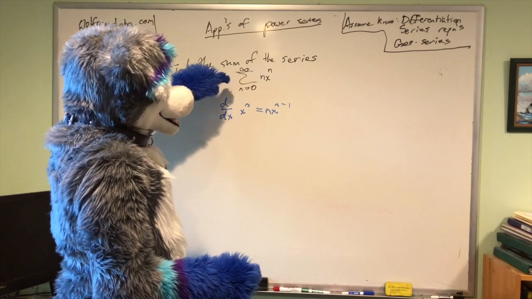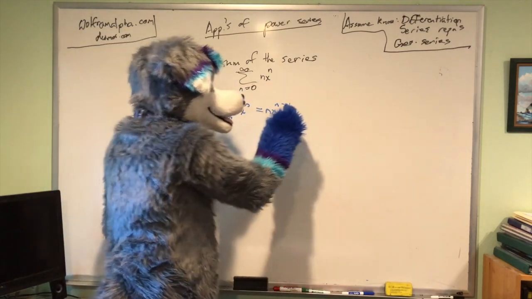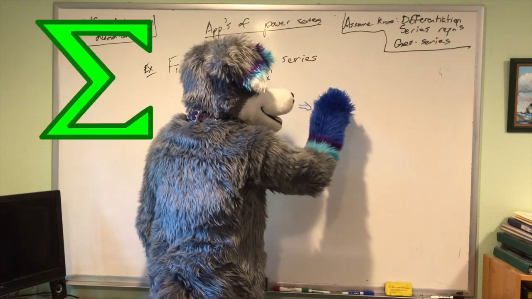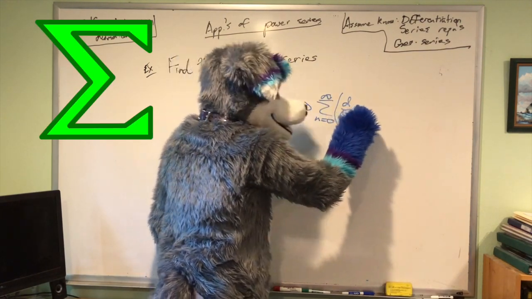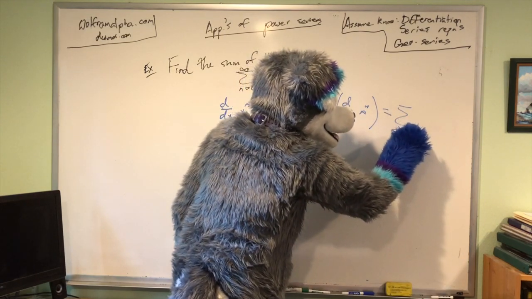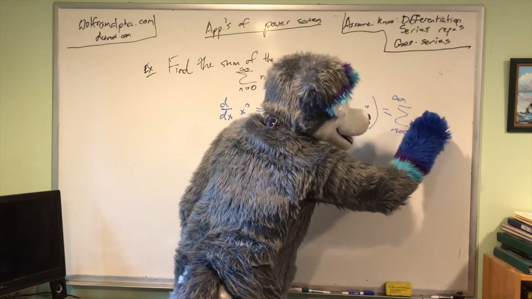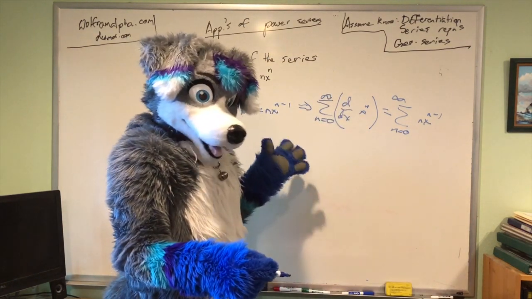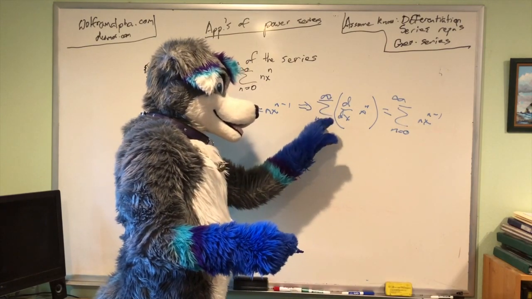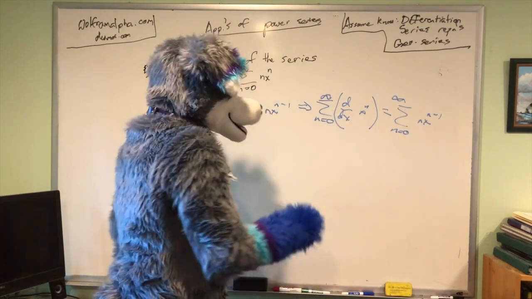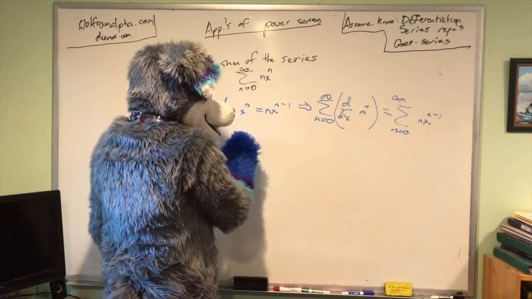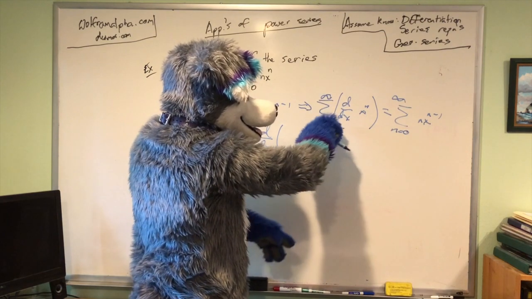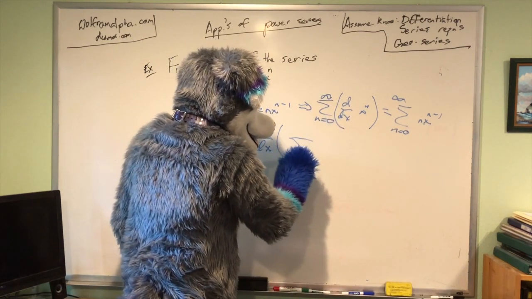Well, if we want a series to show up, we should slap on a summation sign on both sides. The summation of n x to the n minus 1. Now, again, one of the fun things with series is that you can switch the derivative and summation symbol. So that means what we have here is the derivative of, switching the summation and the derivative sign,